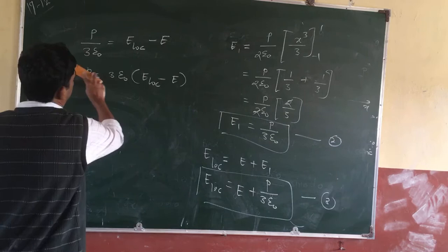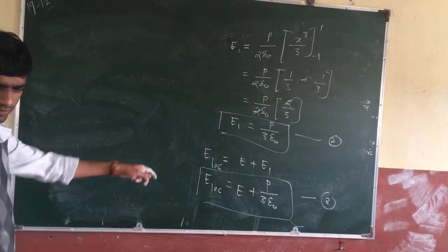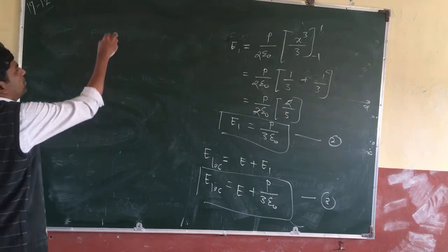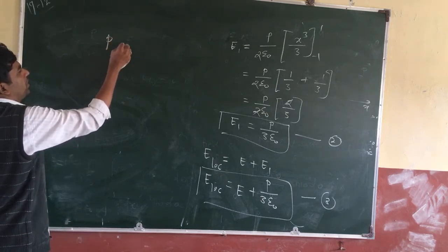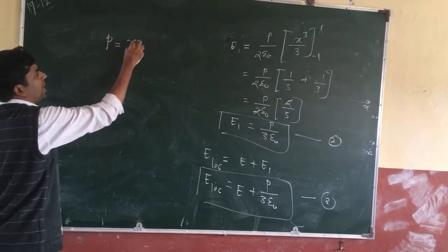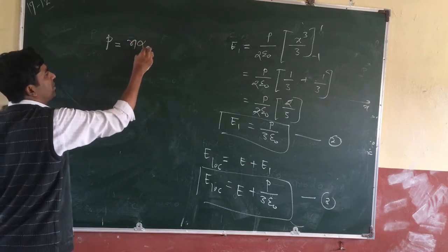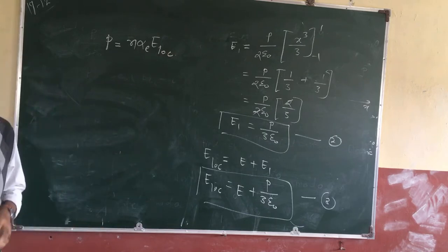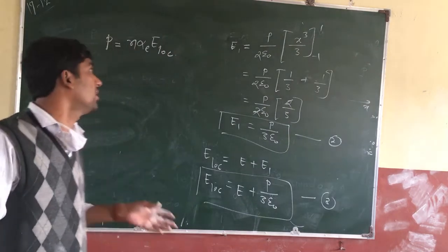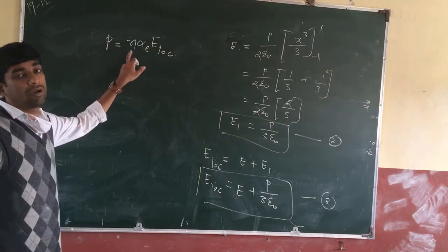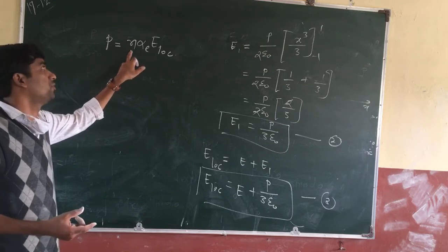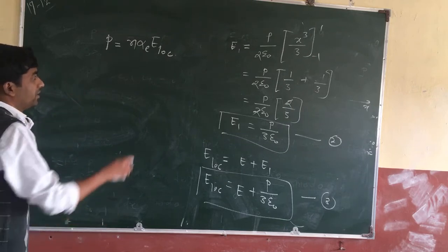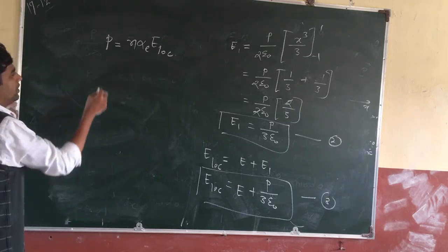Okay, we stop from this equation. This equation is the local electric field. Then what is polarization? Polarization vector P is equal to the number of atoms or molecules per unit volume times the polarizability constant times the local electric field. That I have explained to you. Here I have to substitute the value of the local electric field.